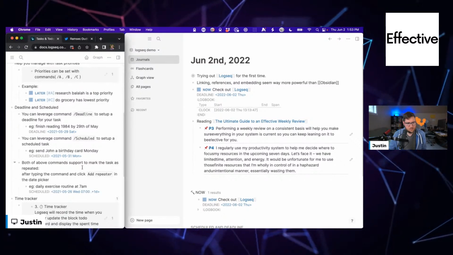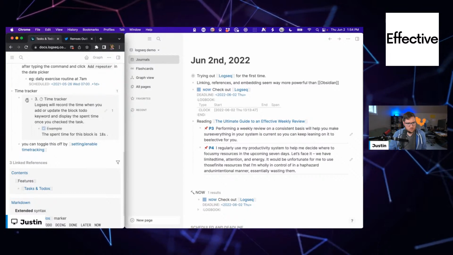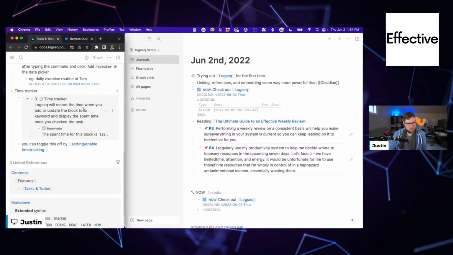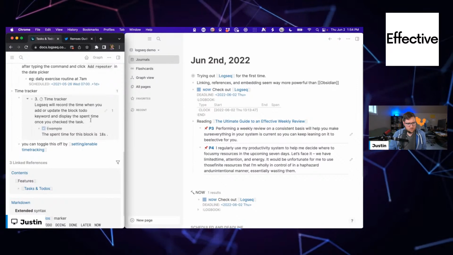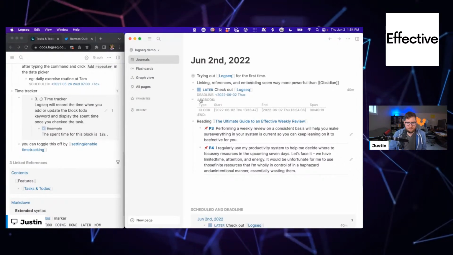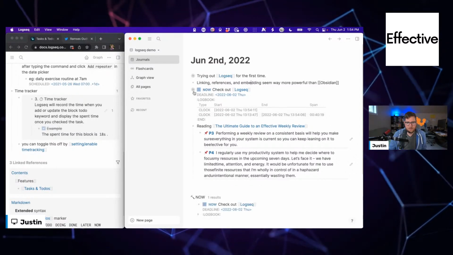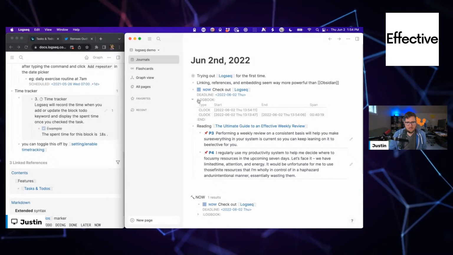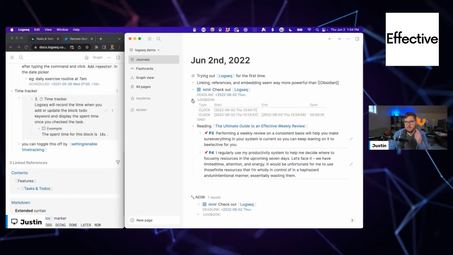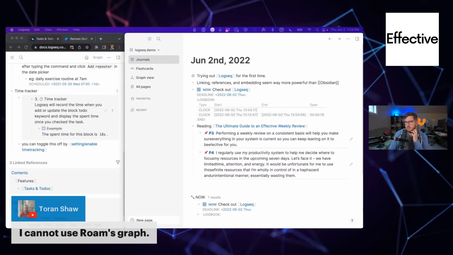Can schedule tasks, time tracker. Oh, let's try something. All right. Nifty. It just adds a time entry. That is really handy.